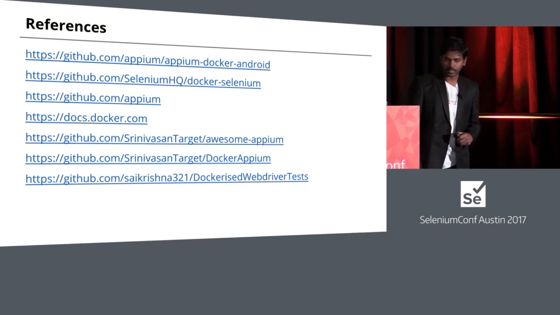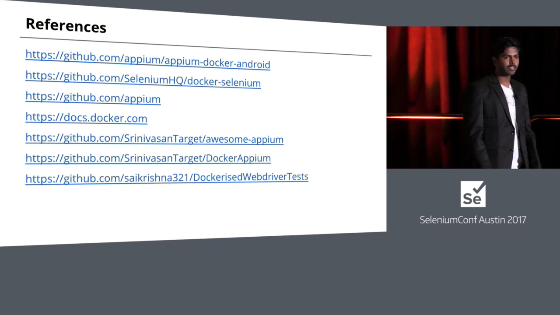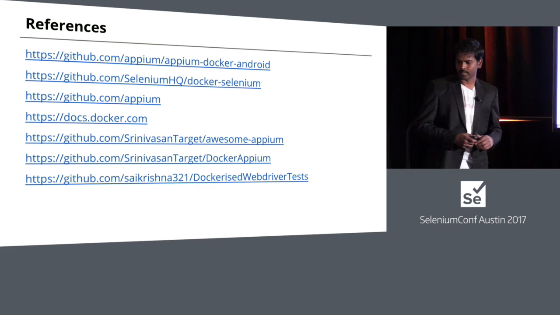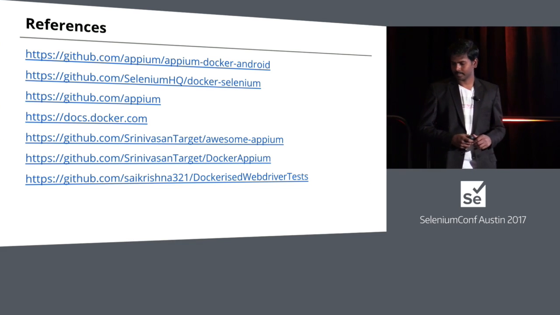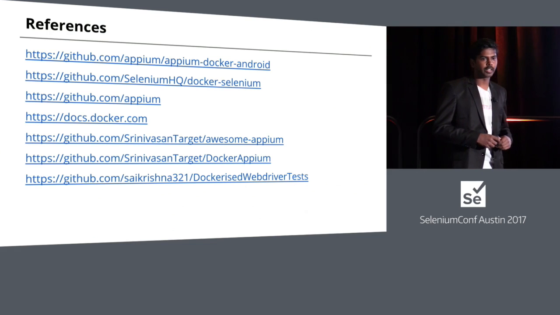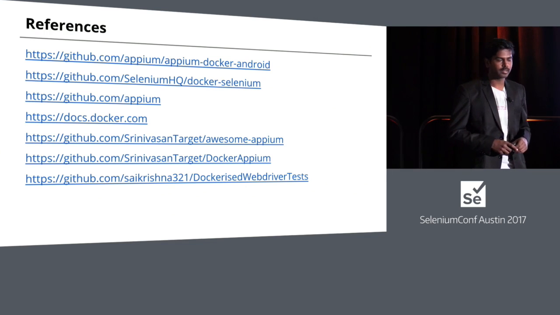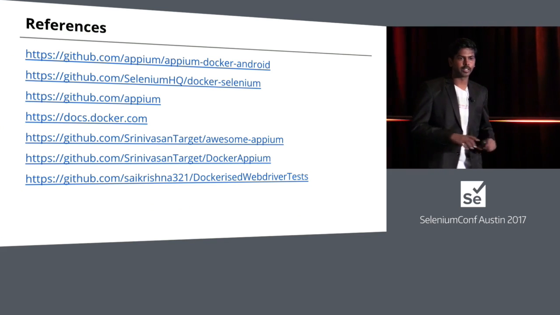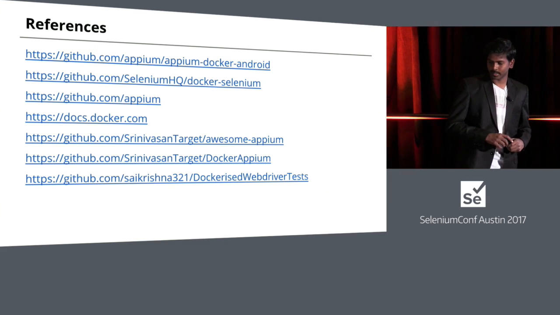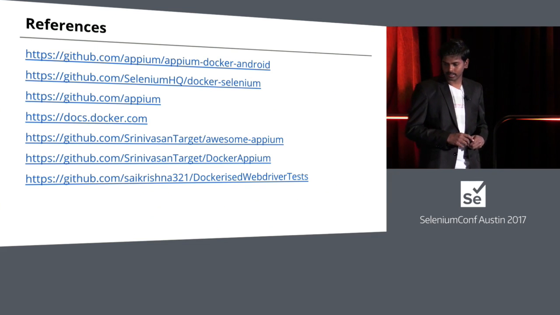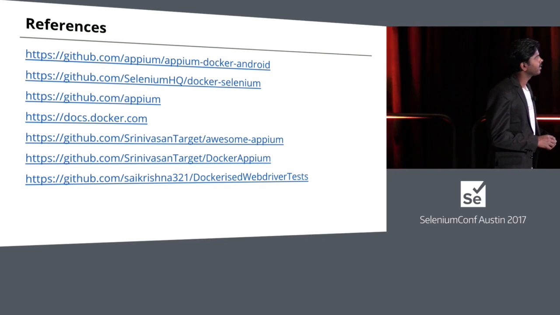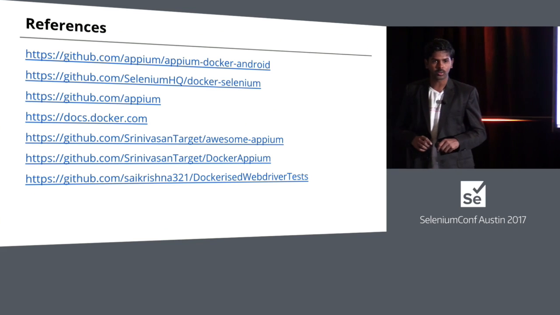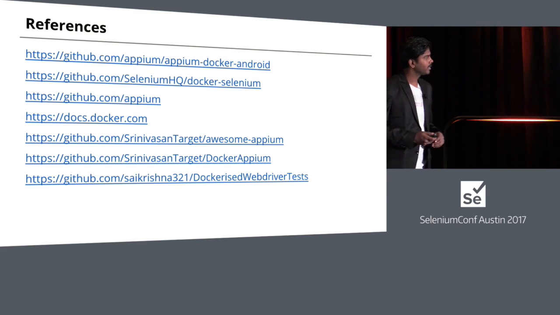We have seen the demo and few references. We have our Docker Appium repository under Srinivasan Sekar, my GitHub ID, wherein you can see all the instructions being out there. And Awesome Appium is one way where you can find everything about Appium, just A to Z about Appium. And some of the references, as like we have Docker Selenium, we have Appium Docker Android that has the image for emulator, that has the image for real devices. It's pretty cool. So that's all.